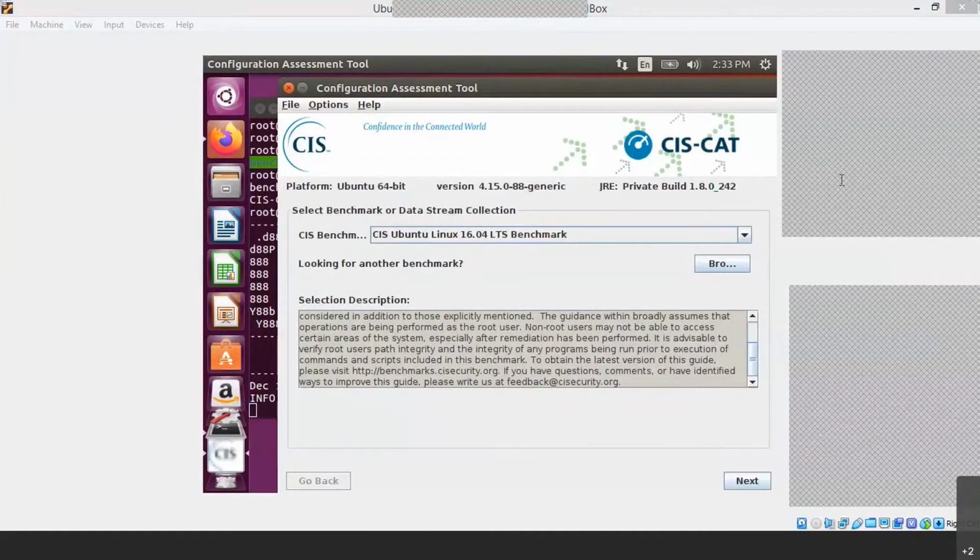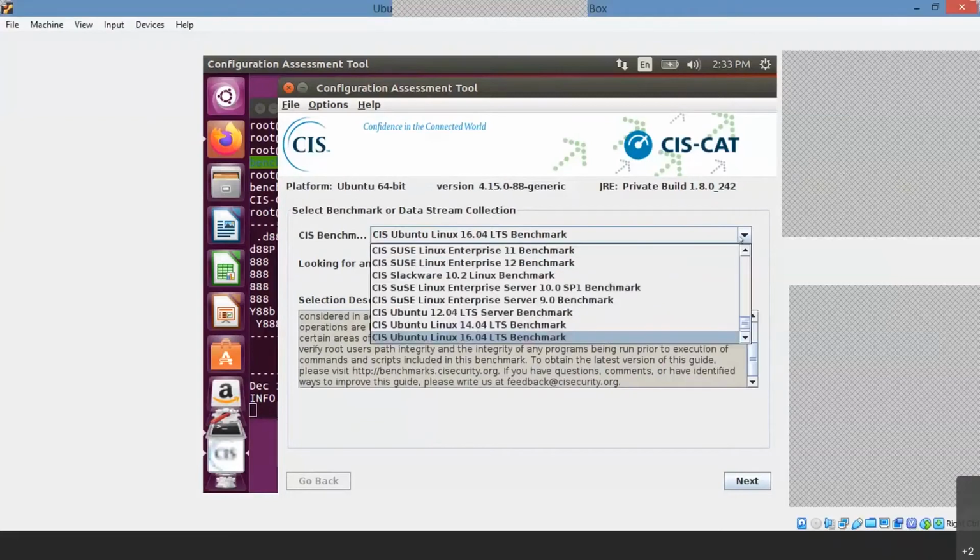So, the tool which I'm using is CIS-CAT, and we are basically hardening the Linux machine, right? So, you have seen how to harden Windows, how to find the vulnerabilities, how to see the benchmark score and how to harden the compliance section and all those things. Okay. So, in my case, I'm using a Linux machine, which is Ubuntu 16.04. In the drop down menu, I took the platform as an Ubuntu machine.